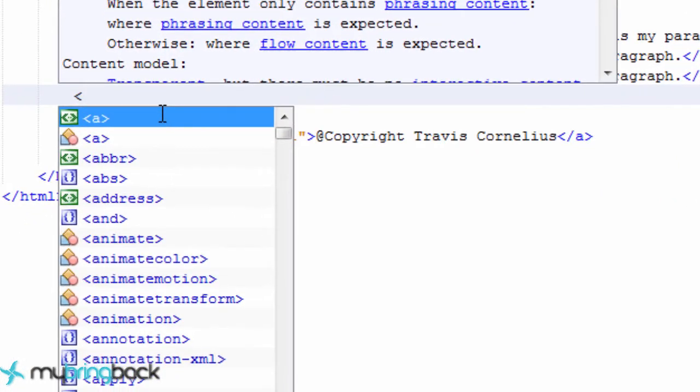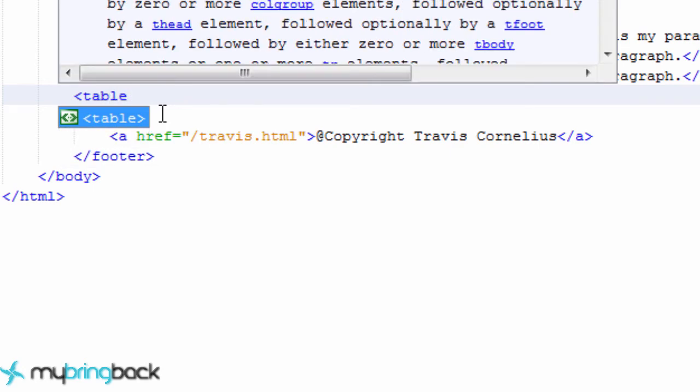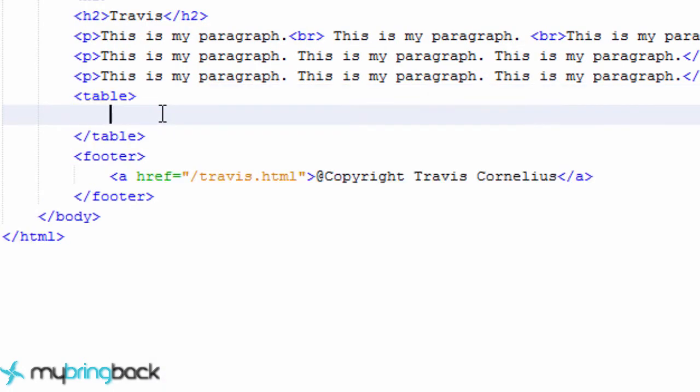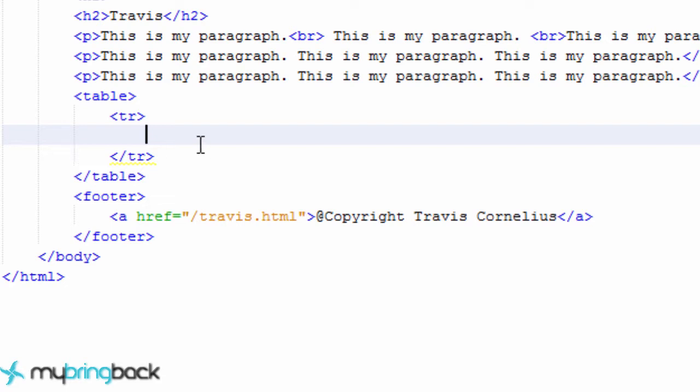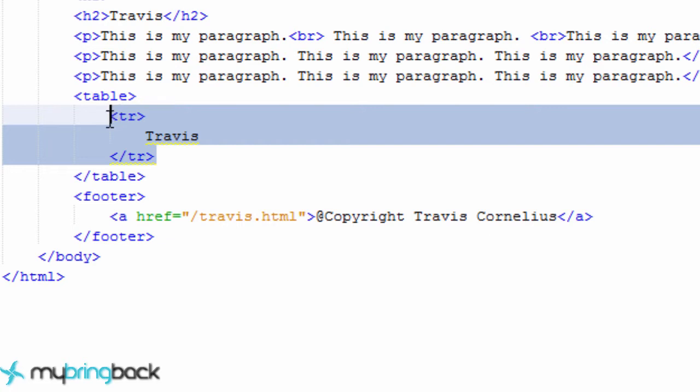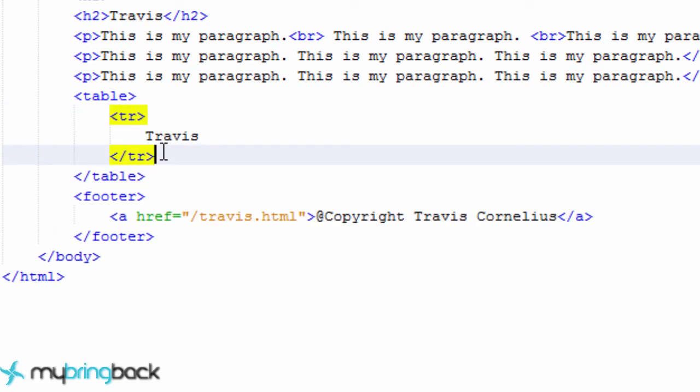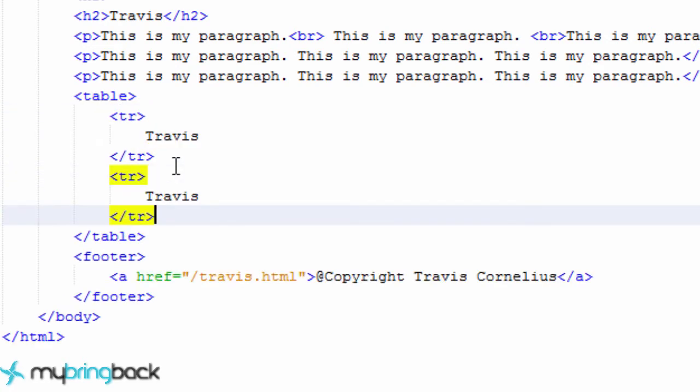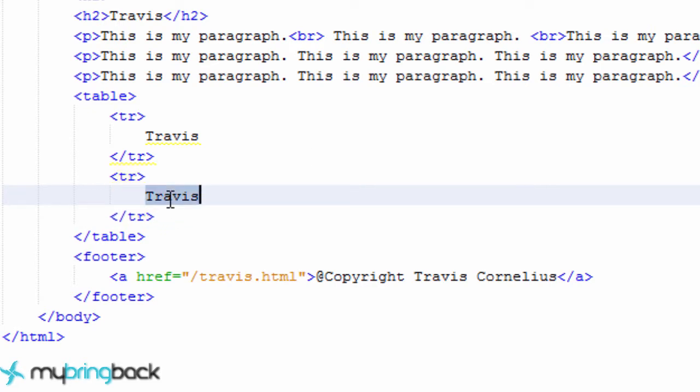And if you guessed what the tag is, you're a genius. It's table. So to start a table, all you need to do is define table, and then you have a table. But what does a table have? It has different rows, different columns, and so we're going to add a table row. That's just TR, and you can have one table row. So we could just say Travis here, and let's copy this, create another row within our table. Did it again. So maybe our second row we're going to have it be Sophia